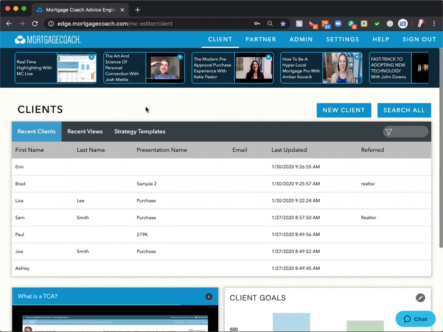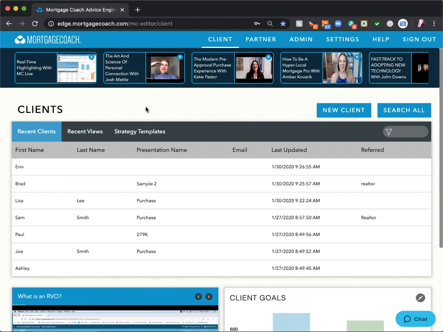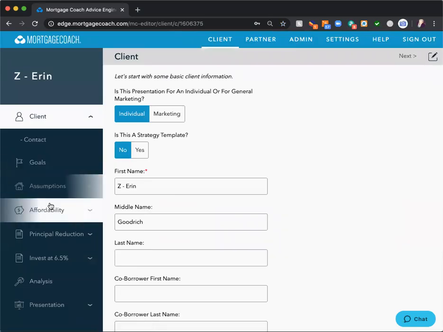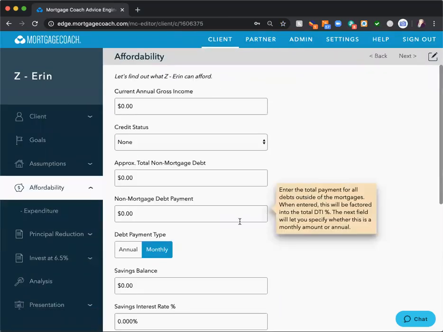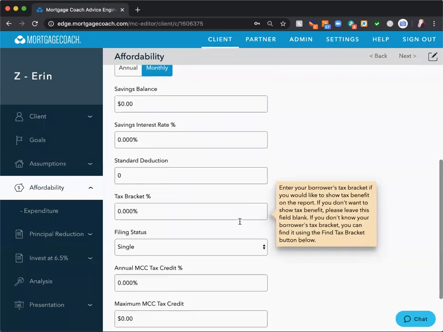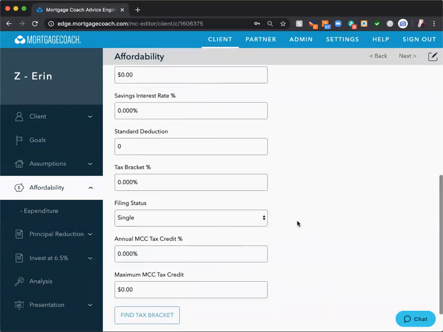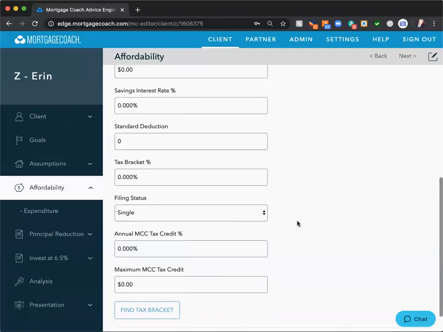So she's talking about the tax benefit. Here's my rule of thumb. On a refi, 9 times out of 10, I'm not going to fill out the tax bracket information. So we're going to go in here, and she's talking about in this affordability section, there is your tax bracket information. If I live in an area where the average home sale is under